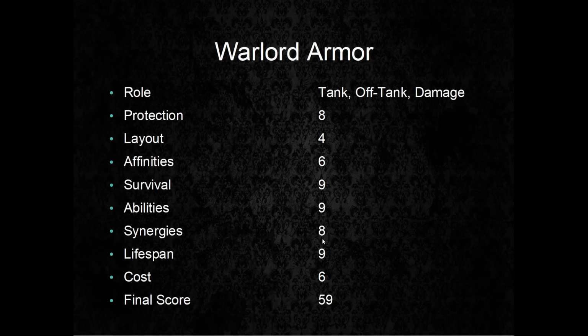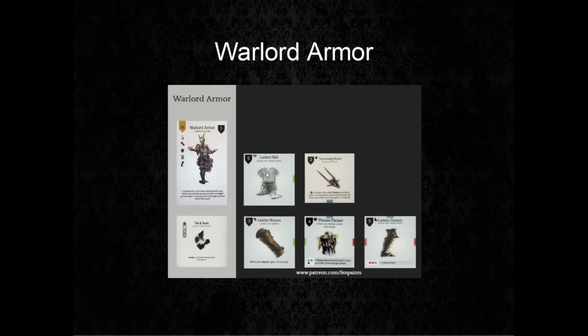Synergies, as I said, axe and deadly, they're the main things it synergizes with, but also it's nice with shields because it has the Phoenix Placard on it. Lifespan a 9, this one pretty much lasts for the rest of the campaign if you want it to, and a cost of 6, it's got lantern pieces in it. These are expensive, this is expensive, but these two are cheap in comparison,